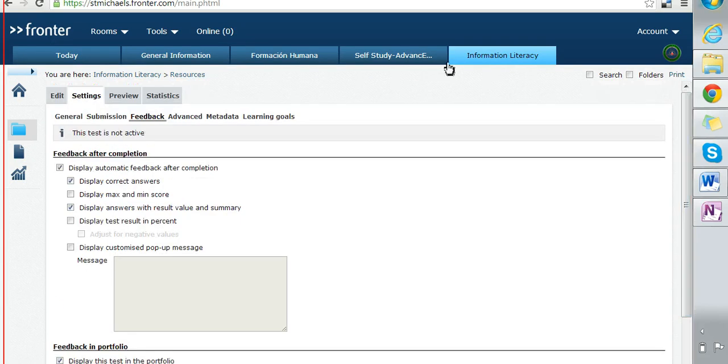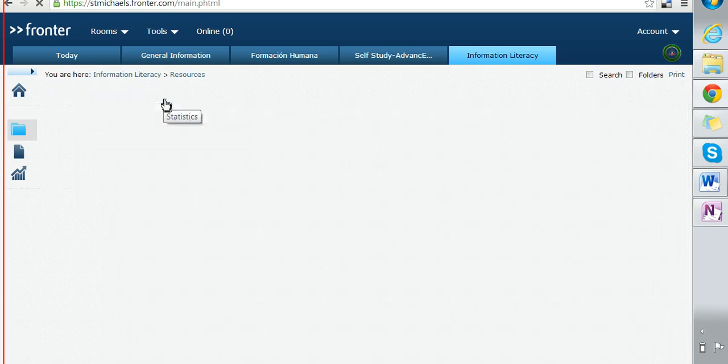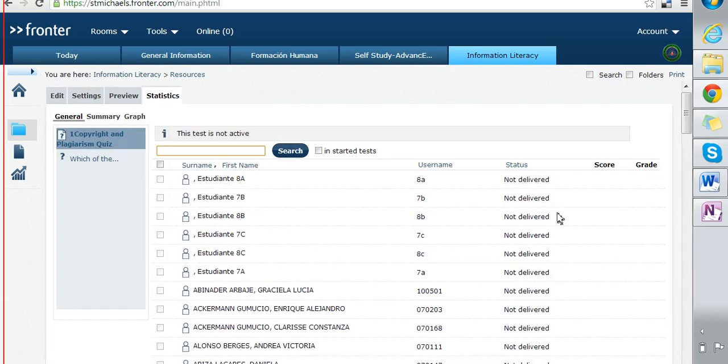So then the last thing I want to just show you, these other options, you can look into them, but the last thing I want to show you is how you actually grade it. So once you want to grade it, you actually just hit